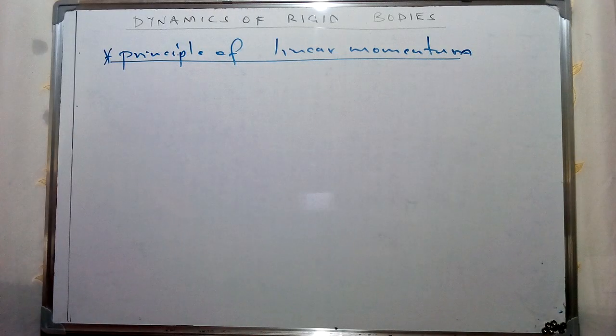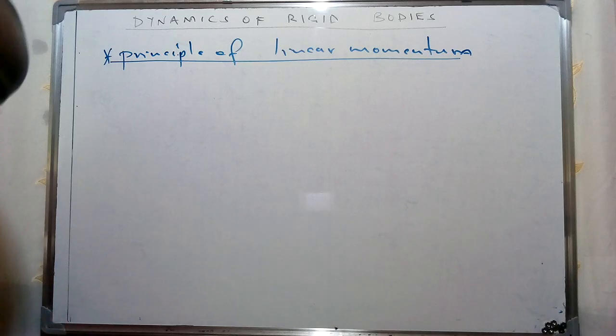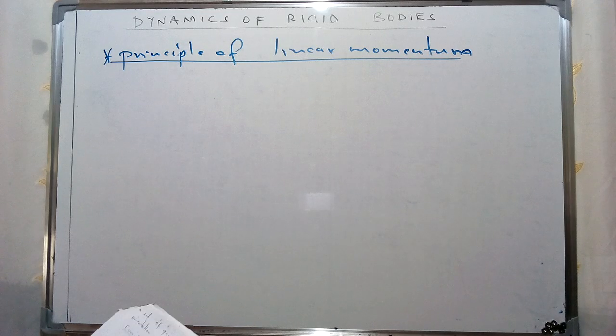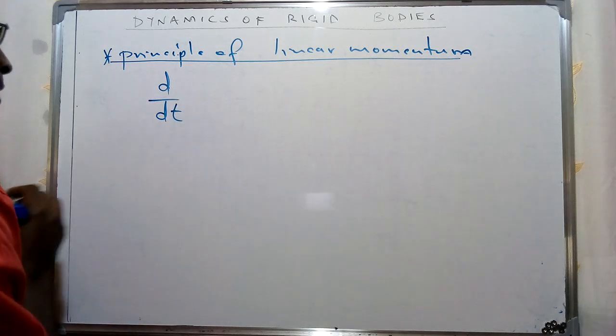In this case, the principle of linear momentum deals with the aspects of a force and a mass. And of course, we're going to see that the position vector is also going to play a vital role if we consider the motion of such bodies, which we have referred to as rigid bodies. Now, therefore, this principle is going to dictate that if we have the first derivative of